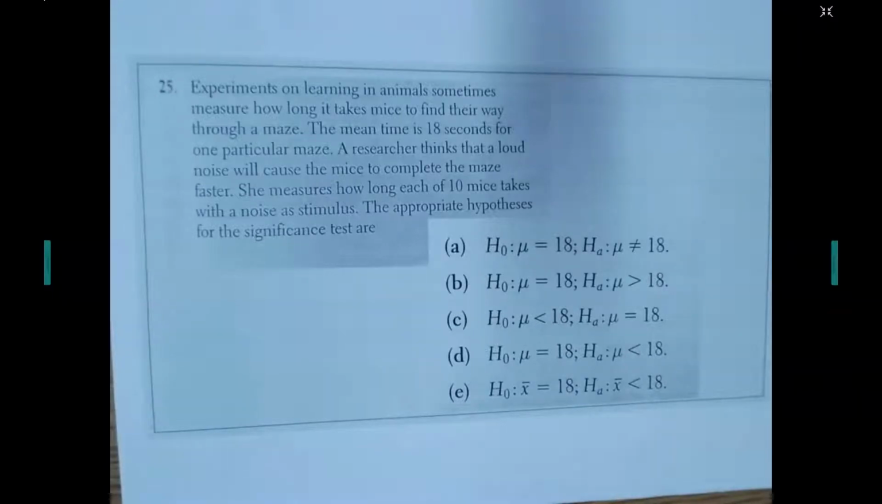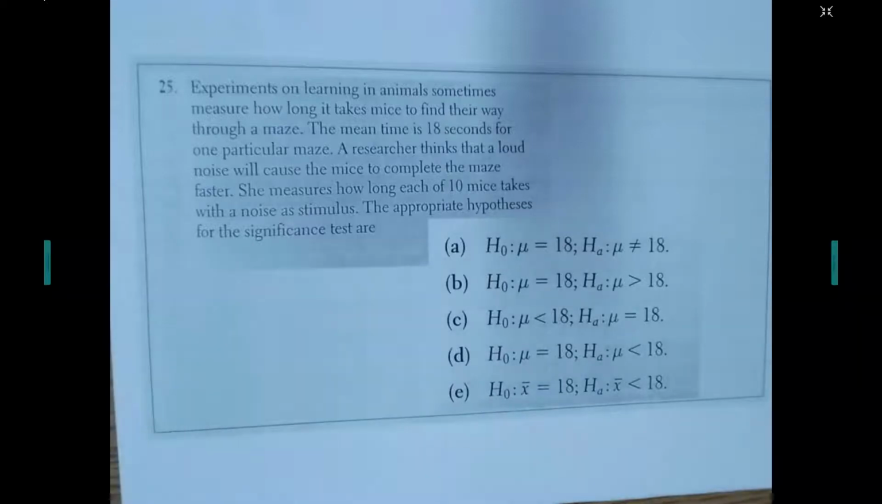So experiments on learning in animals sometimes measure how long it takes mice to find their way through a maze. The mean time is 18 seconds for one particular maze. A researcher thinks that a loud noise will cause mice to complete the maze faster. She measures how long each of the 10 mice take with a noise as a stimulus. The appropriate hypotheses for the significance test are, okay, so first, our null hypothesis we know is always the parameter